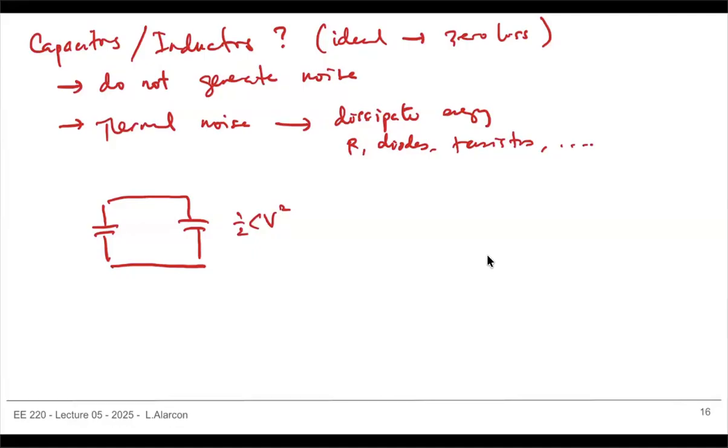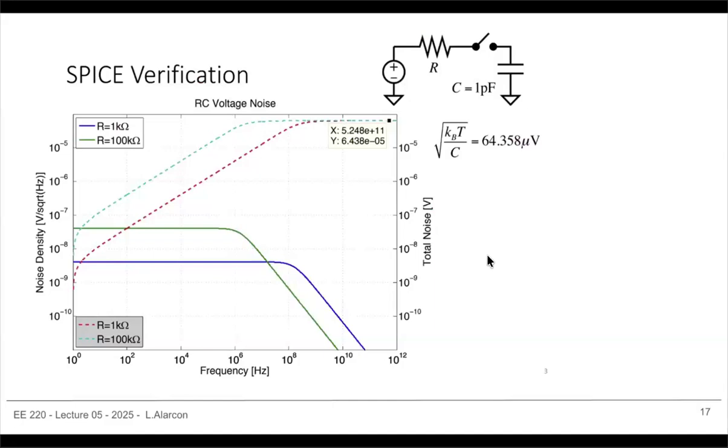So if I start storing energy, I store it as charge, I store it as voltage, and if I had noise and it had nowhere to go, no dissipative element, this voltage would just go up indefinitely, right? And it leaves me with this immense, infinite source of energy, which you don't have. And the same thing is true for inductors, right? So in the ideal case, you do not have any noise in capacitors, inductors, but however, we'll talk about